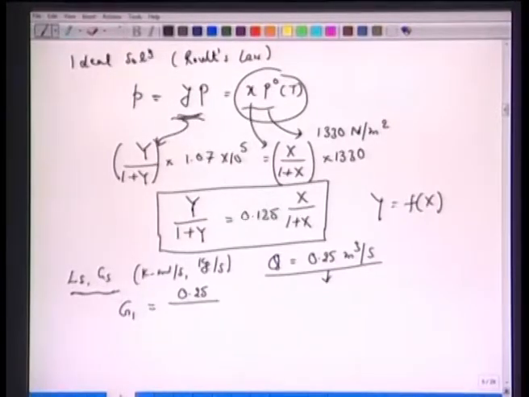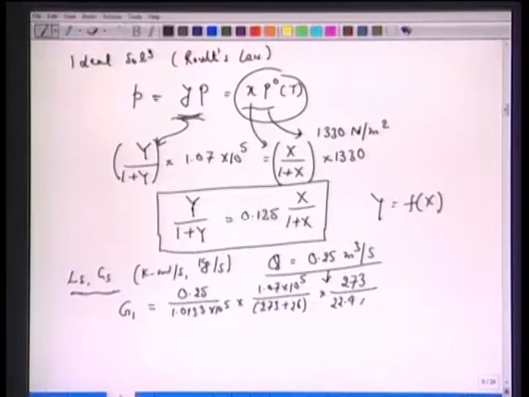You are applying the very simple ideal gas law. There are pressure corrections, 1.0133 × 10^5 over 1.07 × 10^5. So this is the pressure correction to calculate at normal temperature and pressure. Temperature is 26 degrees centigrade, 273 plus 26, multiplied by 273. So this gives a normal cubic meter per second, divided by, if you recall, 22.4 × 10^-3, to make this 0.01075 kilomole per second. That's G1.